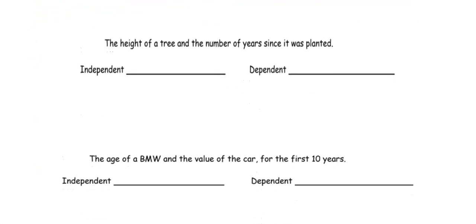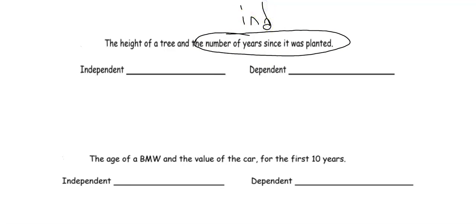We got two more examples here. We've got the height of a tree and the number of years since it was planted. We can think of that. We know that as trees age, they get taller. So we can say that the number of years since it was planted is going to be our independent variable. And then as the years go on, the tree gets taller. So the height is going to be our